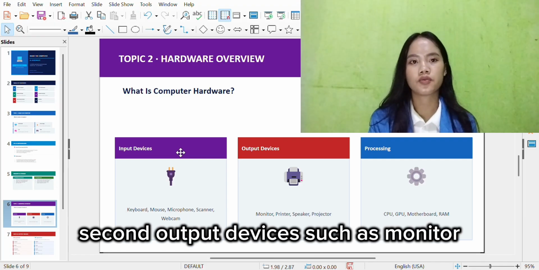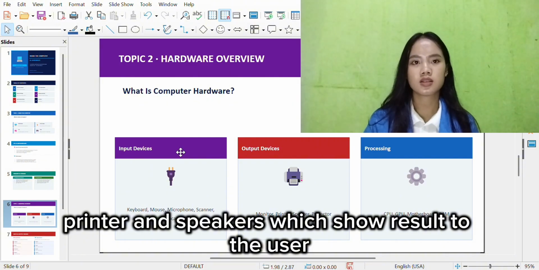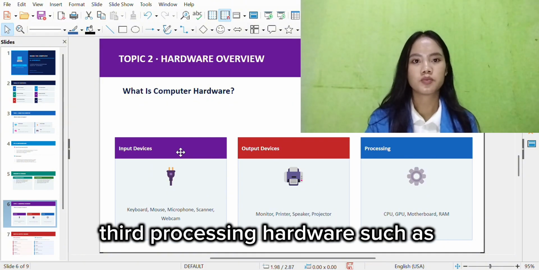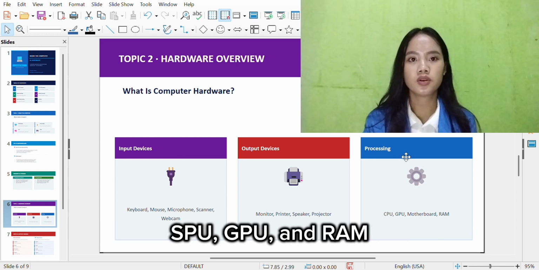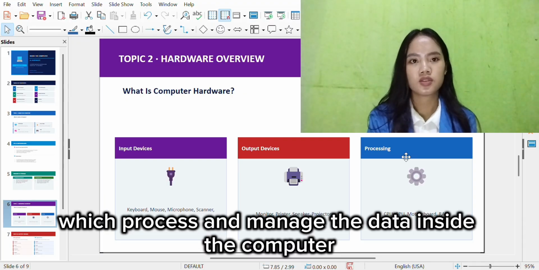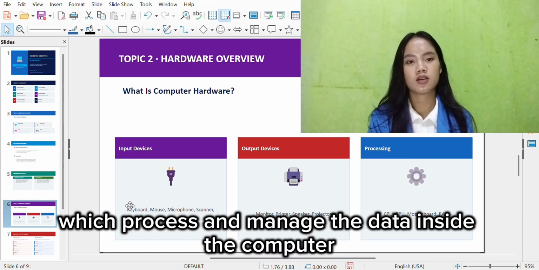Second, output devices, such as monitor, printer, and speakers, which show results to the user. Third, processing hardware, such as CPU, GPU, and RAM, which process and manage the data inside the computer.